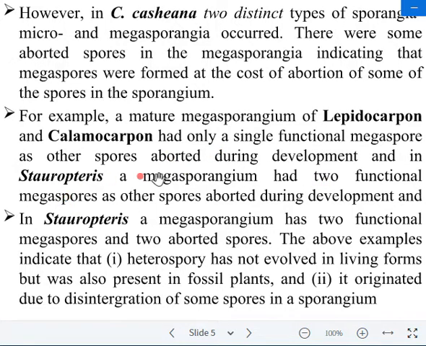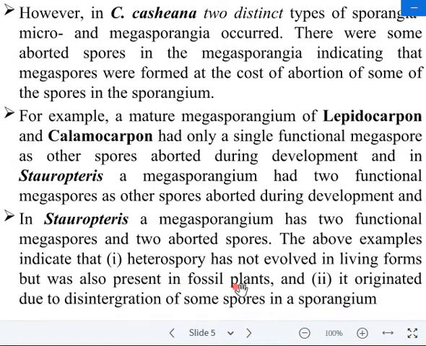And in Steropteris, it is also a heterosporous fern. A megasporangium has only two functional megaspores, as other spores become aborted during the development. In Steropteris, a megasporangium has only two functional megaspores and two aborted spores. The above example indicates that heterospory has not only evolved in living forms but was also present in fossil